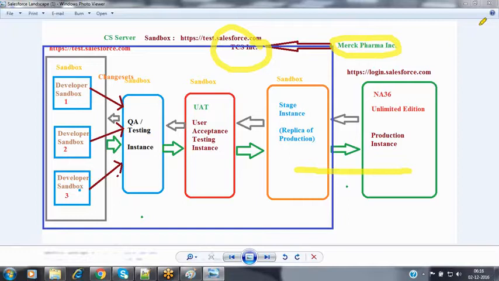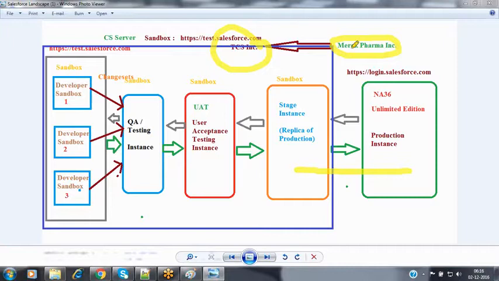Now at that time, when Merck people give the requirement documents to the TCS people, they have given the complete information and made the sign off, that is, they have accepted to develop this application. In order to develop this application, whatever resources, licenses, tools and software are required, everything has to be provided by the client itself.